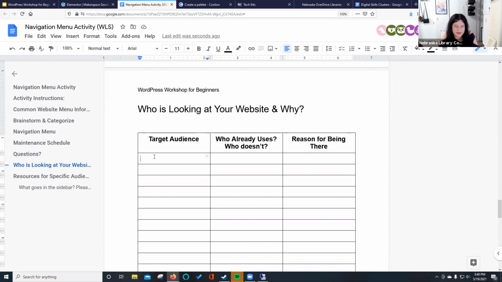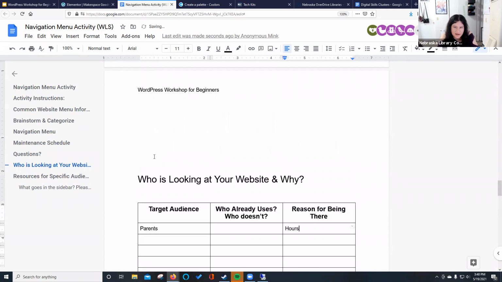So on the left-hand side here, you can put target audience and we'll say parents. And the who already uses it: they use it a lot already, we want to use that, we want them to use it more, or they never use it at all. So you can put that in, and hours, activities,